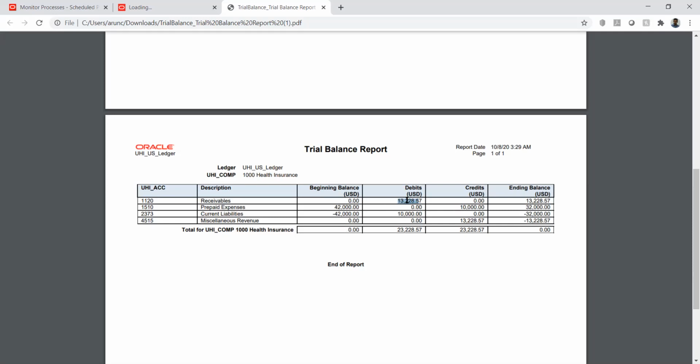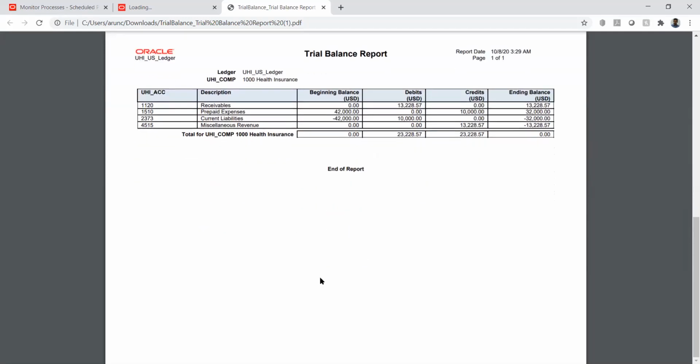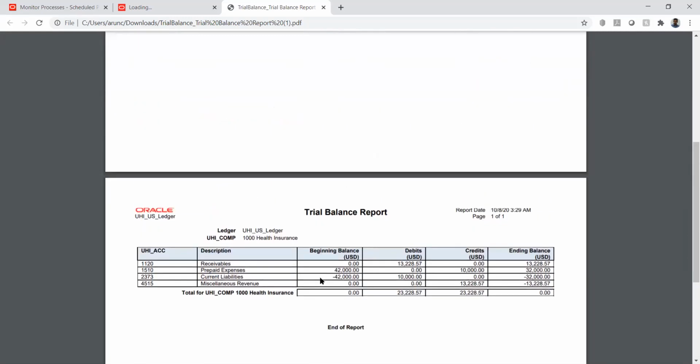We have this on debit with positive value and credit with negative value, and it will show us the total debit and credit. So we have beginning balance zero and ending balance zero, which means the TB is nullified and we don't have any reconciliation issues. So this is the trial balance report.